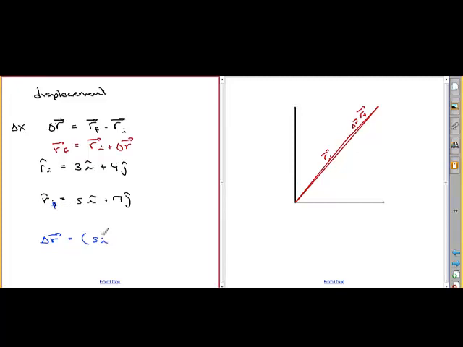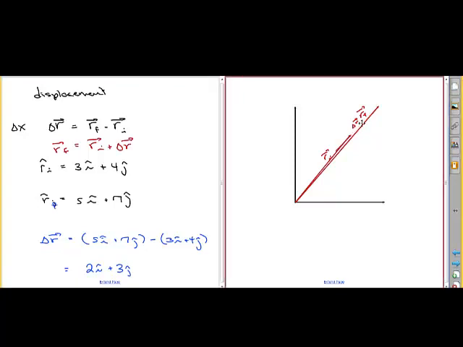So you'll take 5i hat plus 7j hat, and you'll subtract the initial one, like that. So you take 5 minus 3 is 2, so you get 2i. 7 minus 4 is 3, so you get plus 3j. And if I were to take this delta vector here and put it back to the origin, it would be plus 2 and then plus 3. Right here it's out in space,